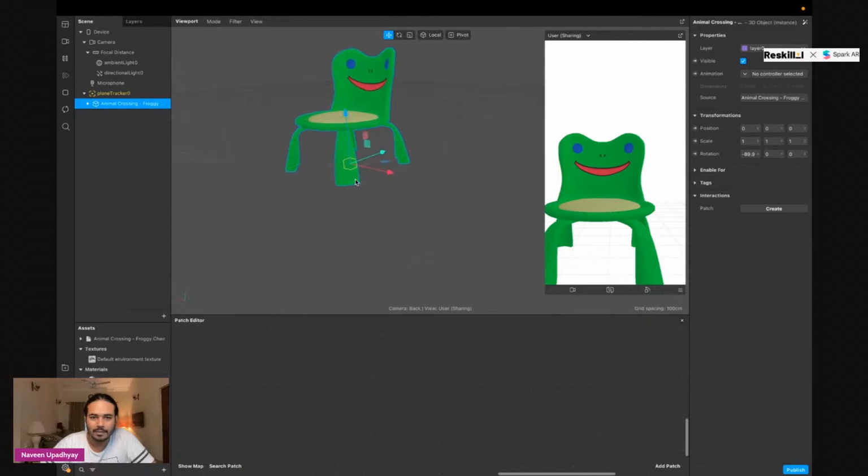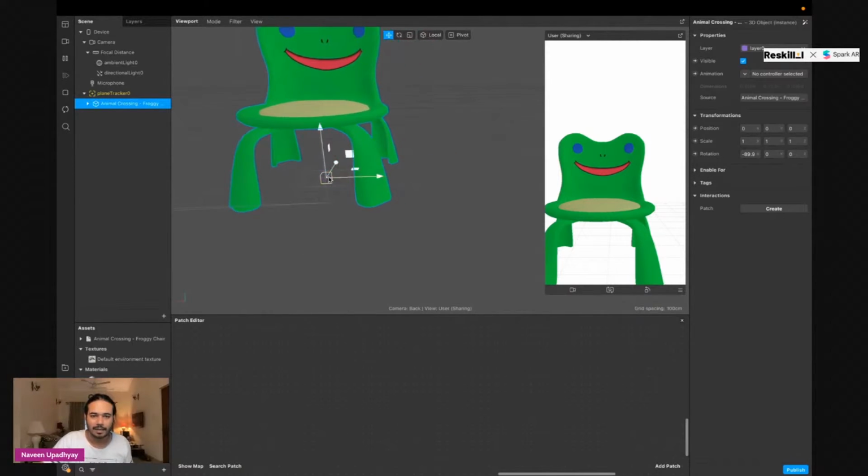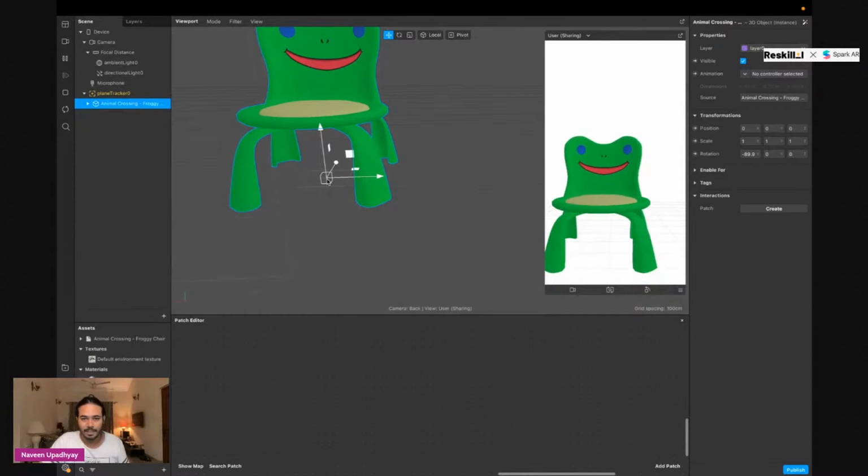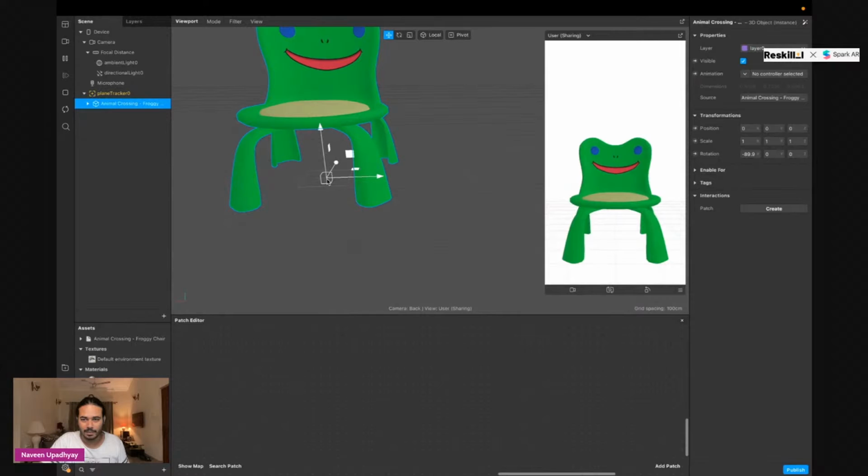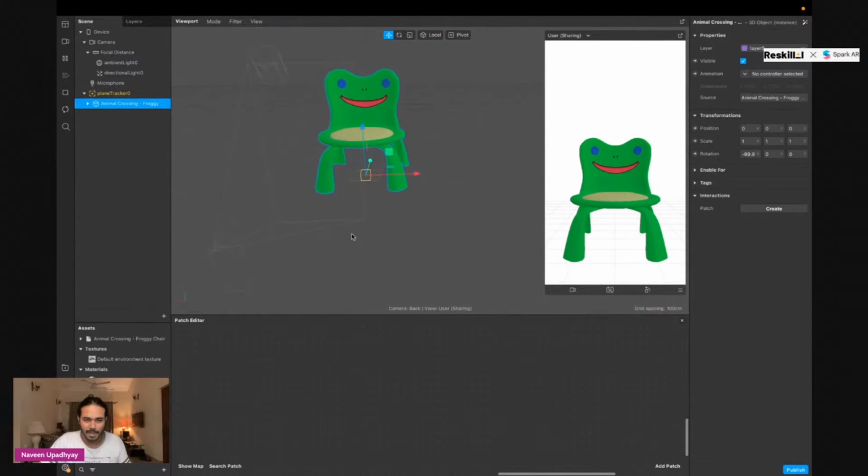And if you notice, this is right in the center of my plane tracker, this null object, the center of this chair is right inside my plane tracker, and I'm probably way ahead. So I'm going to set my camera to be like this. So probably this is my initial setup. Probably my camera is here and my chair looks like this. Now, to interact with the screen,